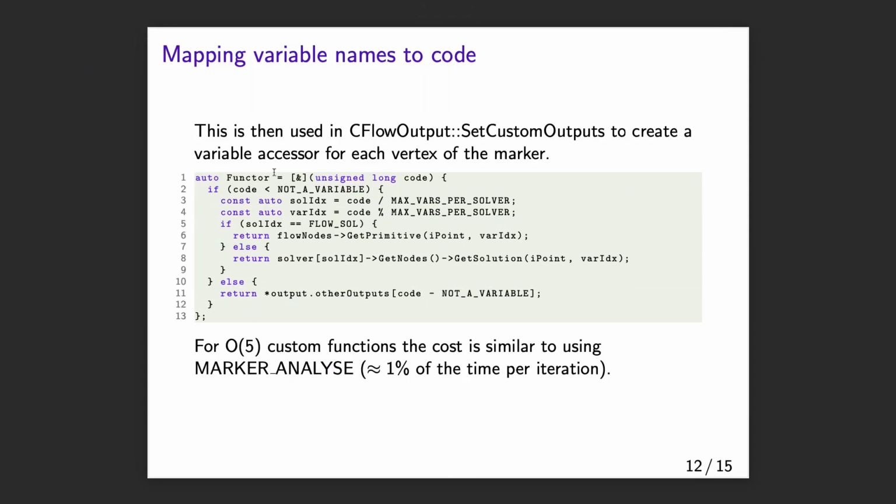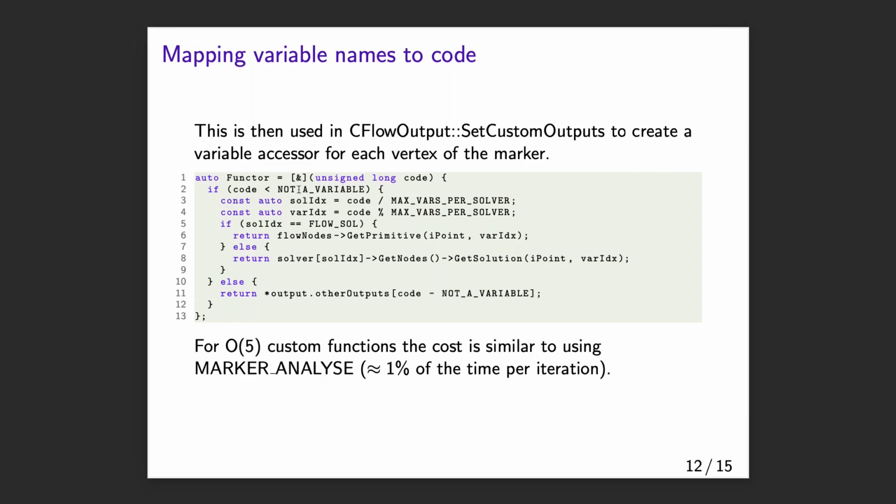So then when we eventually want to evaluate the expression inside custom outputs, we have to create a custom way of doing this per point as we are looping over the vertices of the marker. So there's this functor that takes the code that we've generated before and then does the reverse process of